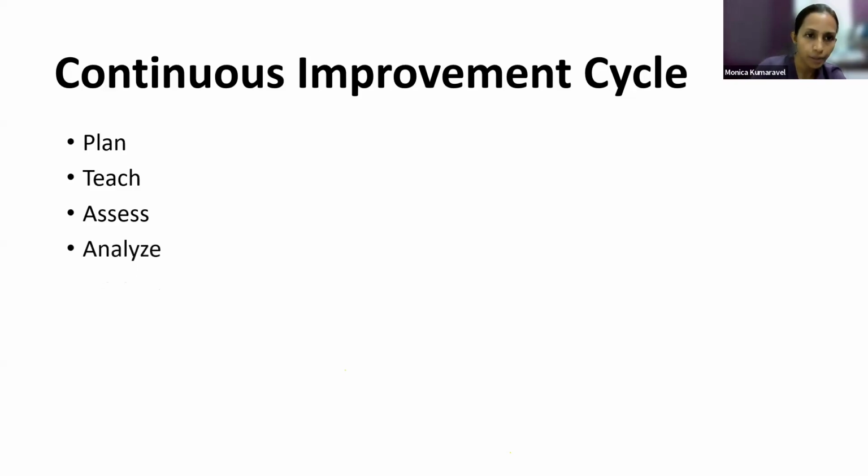Then you can analyze the students' performance using the data that you have created, and then you can improve the progress of the students. When their performance is not good, you can reteach the things using some hands-on activities or any improvement strategies, where the student should also participate. It should not be passive. So this is the continuous improvement cycle that we do.